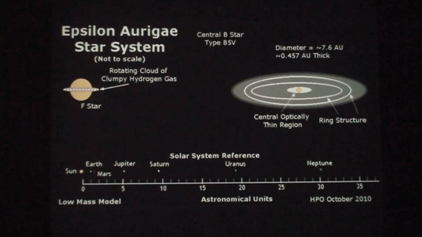Next, please. Okay, we'll just go to that one. And that's another rendering of the system. The F-star, there's a cloud of rotating hydrogen gas, and then that gas is being siphoned off to that disk over there, which is the occulting disk. And then you see at the bottom there the comparison to the solar system and the size of the entire system. It says a central B star. There might be 2, the jury's still out. We're not sure about that. So let's just assume that there's 1 for this diagram.